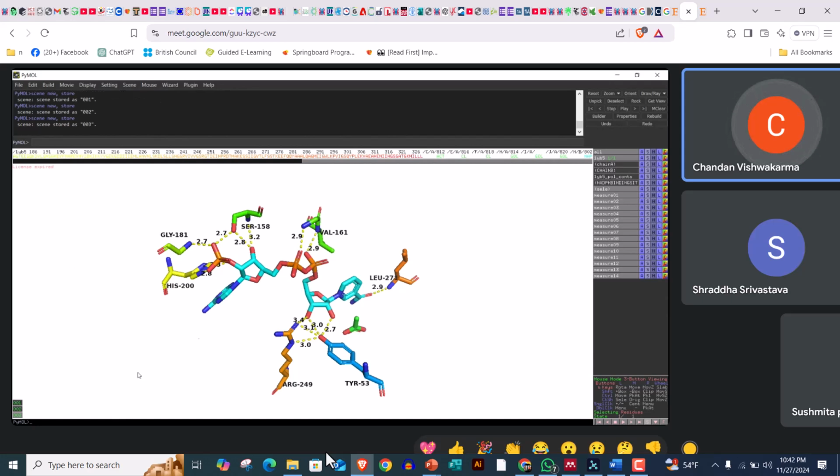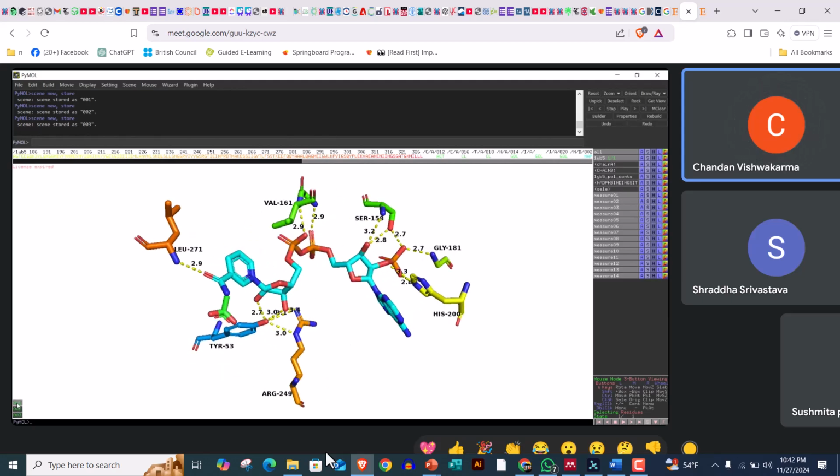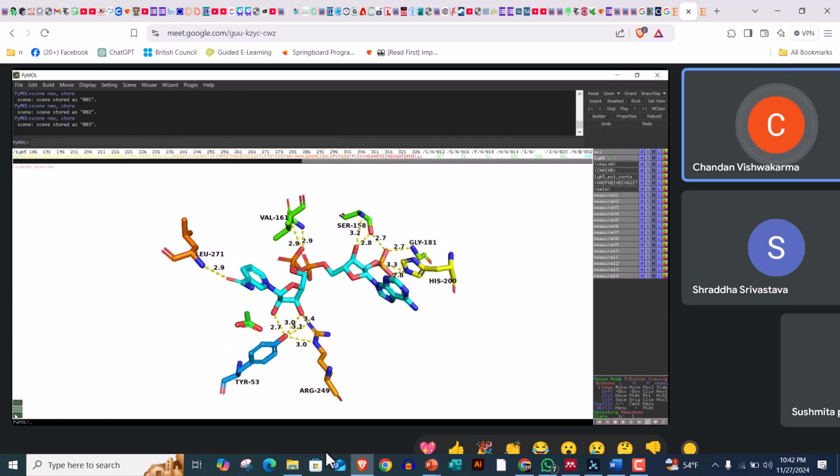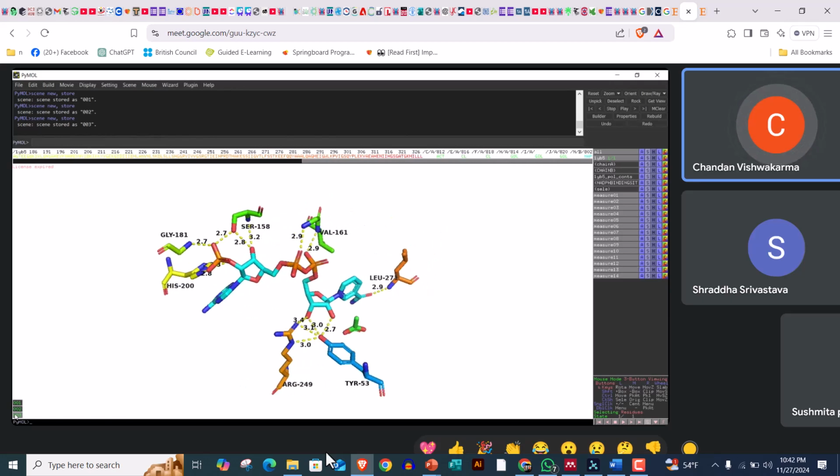Now look at here, you have three different scenes. Scene 1, scene 2, scene 3. You can alternate between these three scenes. If you click here, this comes this way. If you click this way, it will orient your molecule according to yourself. You can create lots of scenes: scene 1, scene 2, scene 3, scene 4. Okay, now what you do,